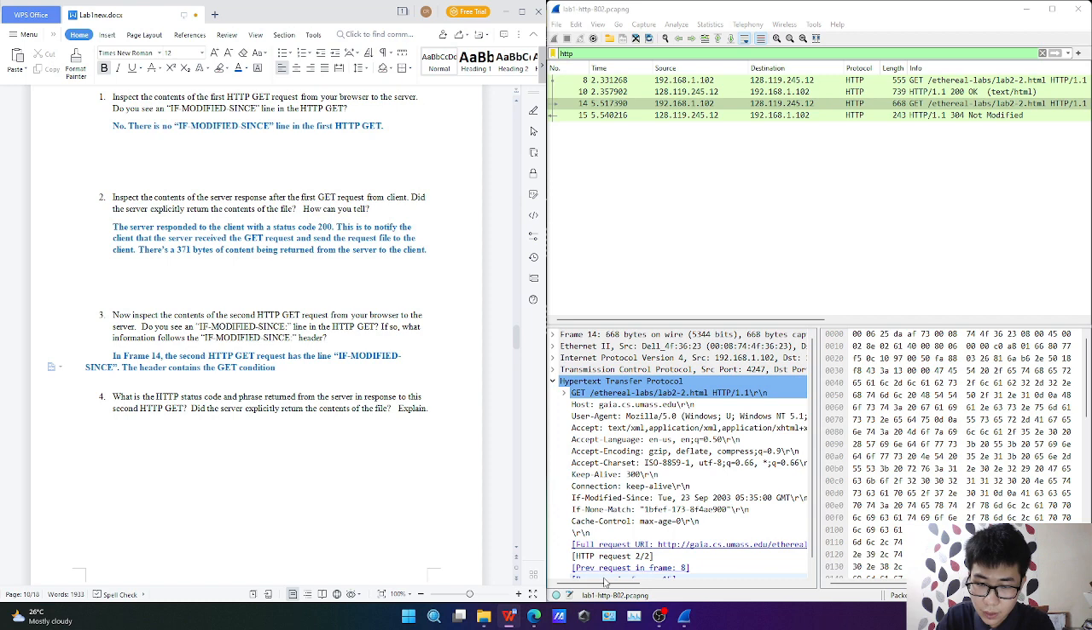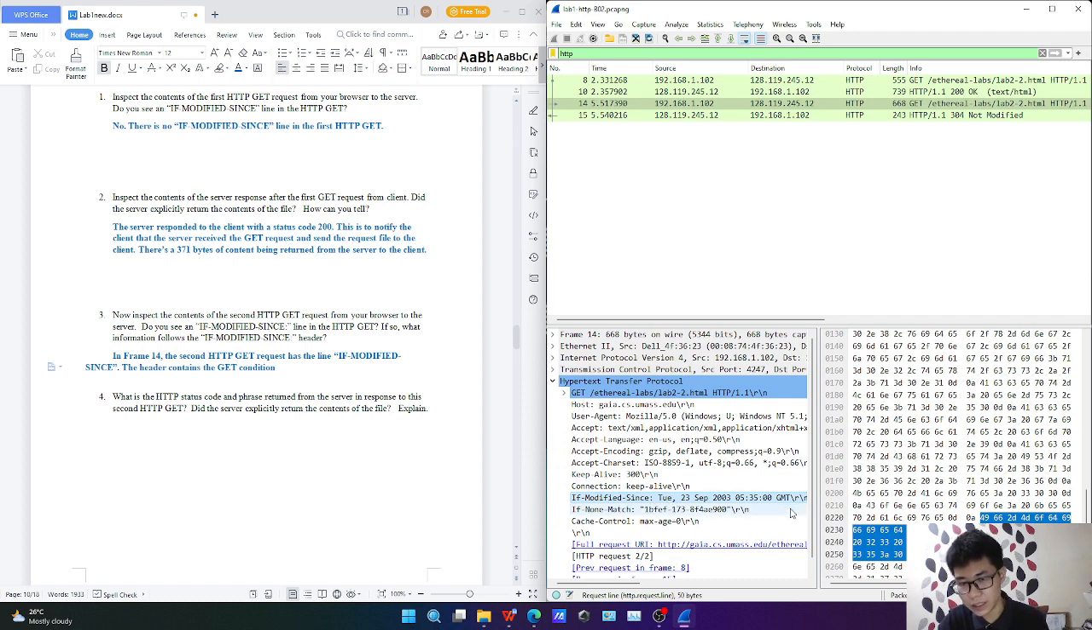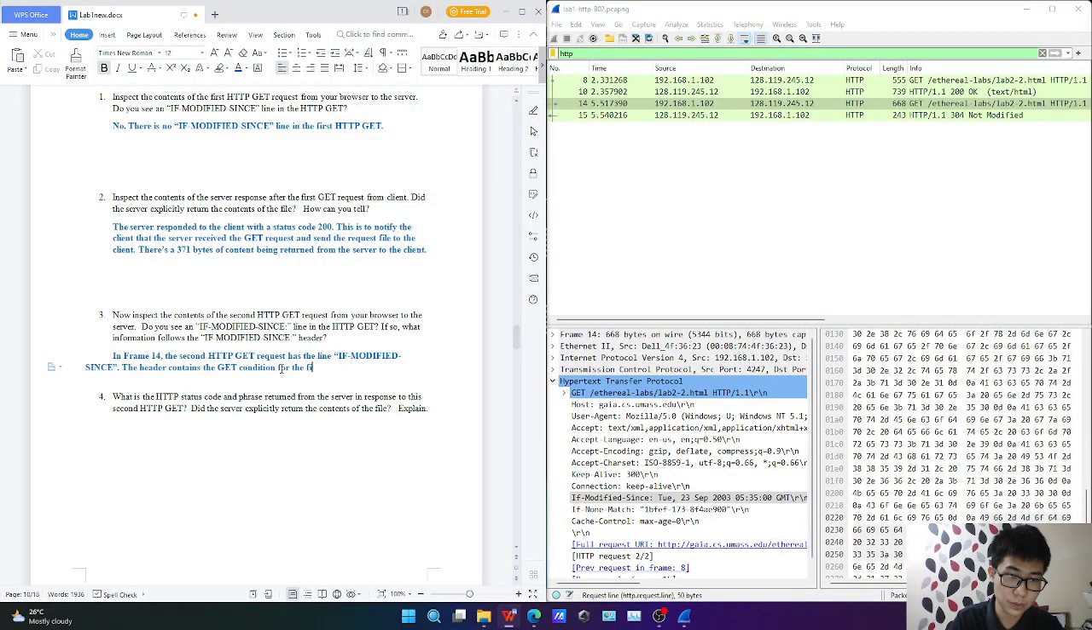So actually, this If-Modified-Since is an actual condition. It's actually like an if statement in C++. So If-Modified-Since is like a condition, and the information following it is, what is the condition? The If-Modified-Since is the if statement, and the information following this is the condition for the if statement. So the header here contains the GET condition for the file,